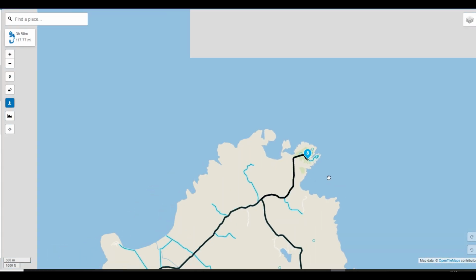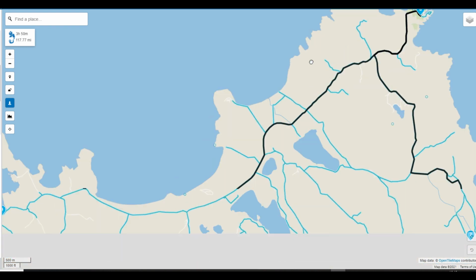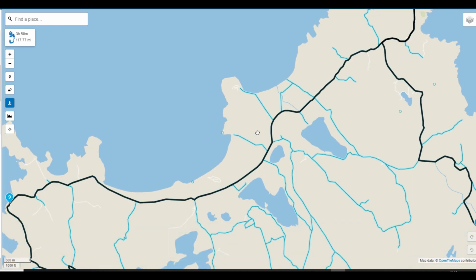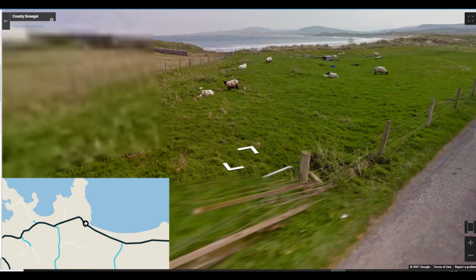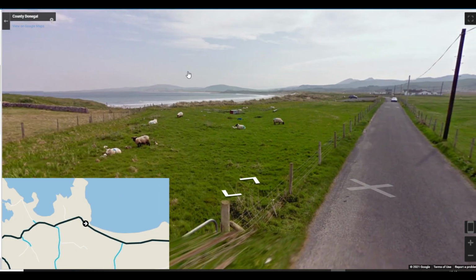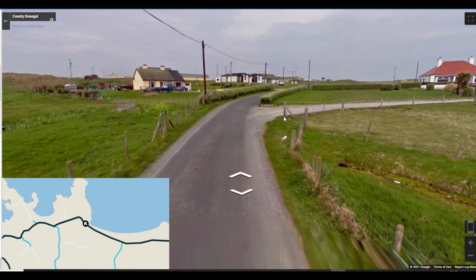So from Malin Head we're going to come back out and then head right over to the other side here, heading kind of west, southwest, all along the coast road here, keeping us honest along the coast. So you can see lighthouses back up here in the distance. We're going to be heading out along the coast here,